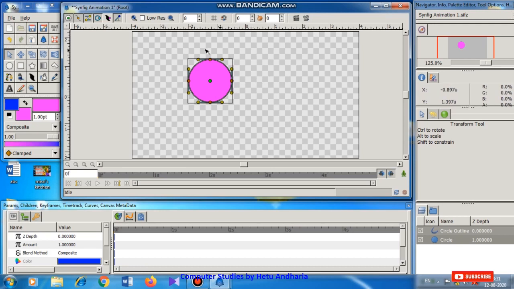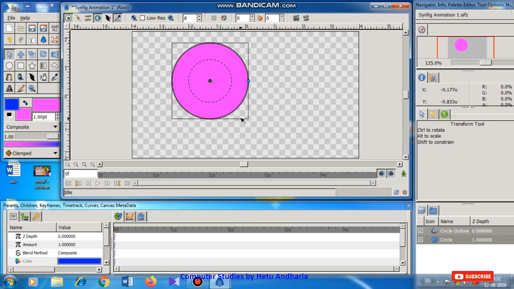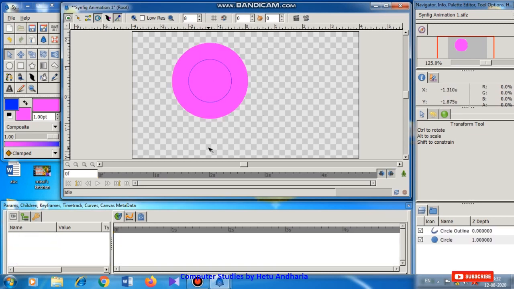Now how to remove or keep these duck handles can be set from here. If I want to remove the orange color duck handles, I can remove this. Orange color was vertices, while yellow color was curves. I do not want to change the curves, so I remove this. And blue color, this aqua blue, see here, is used to change the radius of a circle. So this is the way it is.